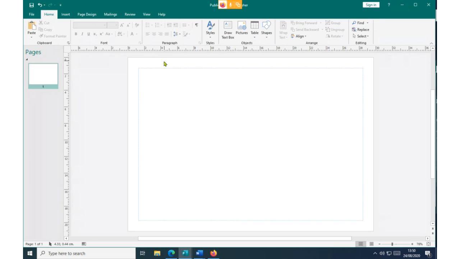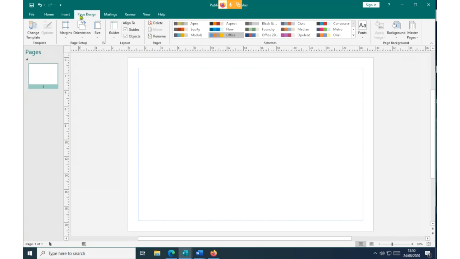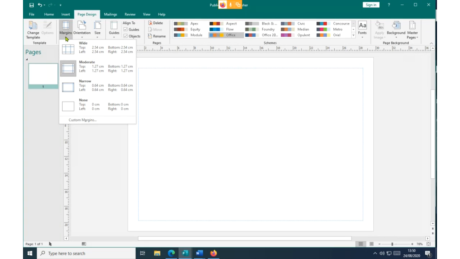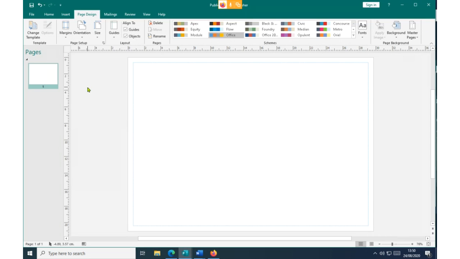You click on the command Design, then click on the command Margins on the arrow, and select Narrow margin by clicking on it. Immediately you'll find that all the margins have been reduced drastically, and now the publication page where we're going to put our content is very wide enough.